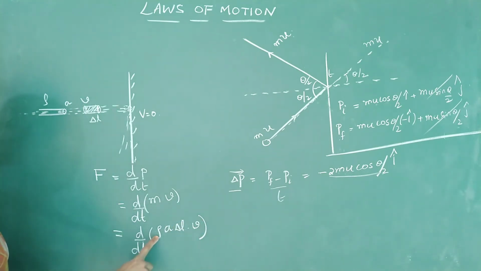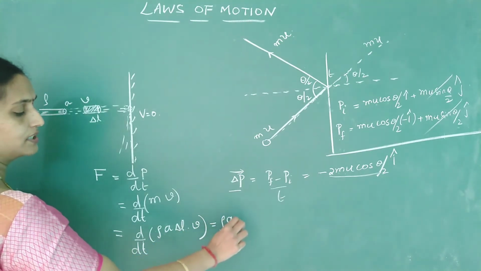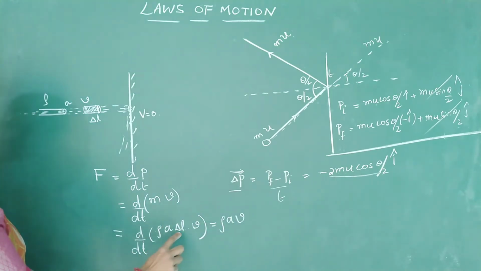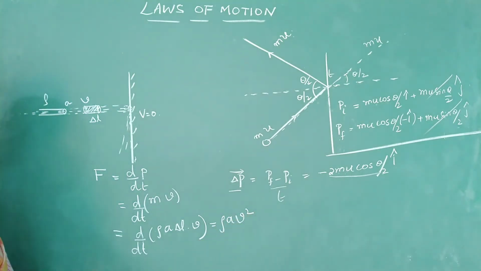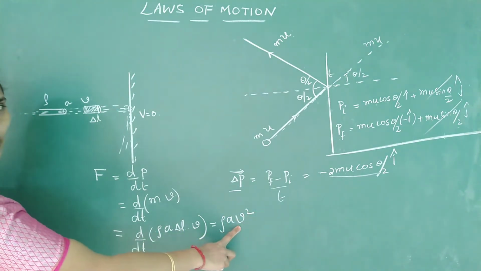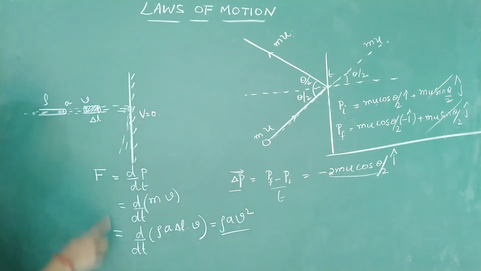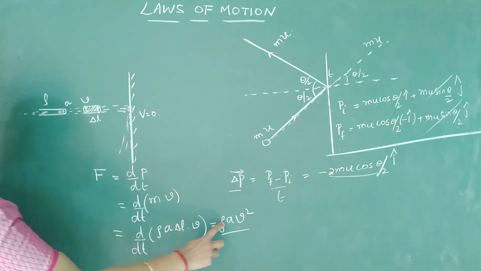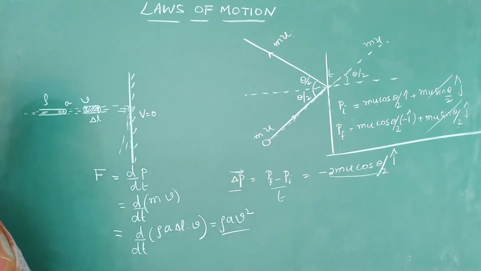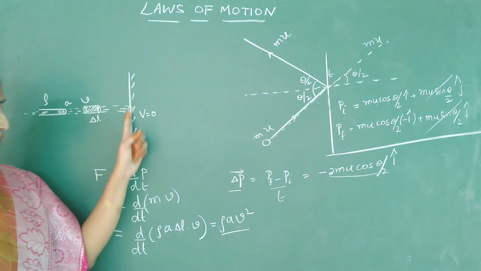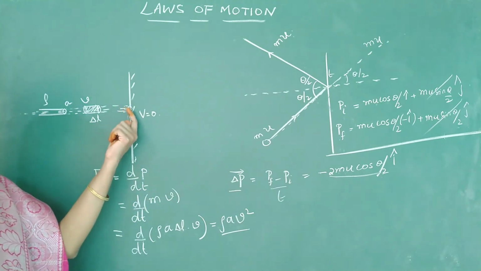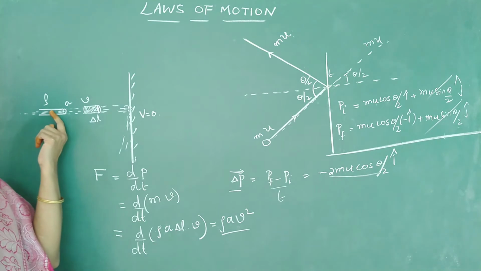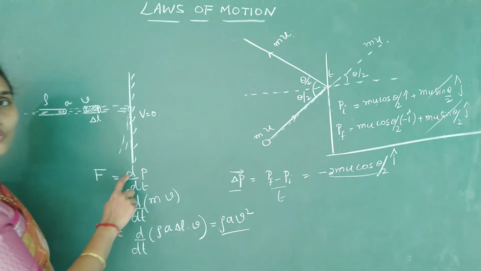Anyway, v is constant, rho is constant, area of cross section of the pipe is also constant. Remove all of them. Rho a v into d by dt of delta L. Rate of change of displacement again gives you velocity. dl by dt will give you velocity. So what is the force it is going to exert on the wall? It is rho into a into v square, provided it hits the wall and then it is going to stop. But if it is hitting the wall and the water is bouncing back with the same speed, then change in momentum will be 2 mu.